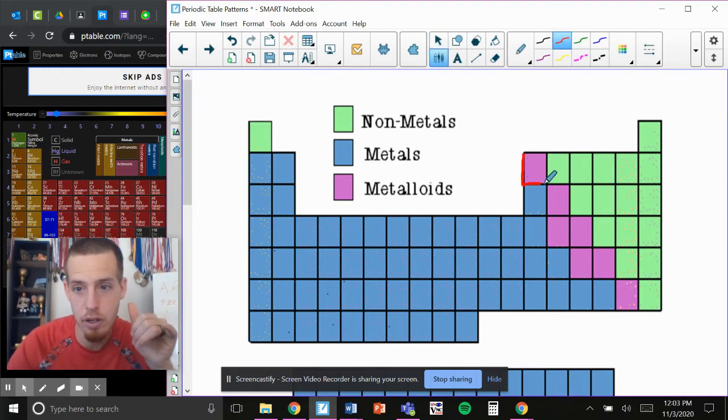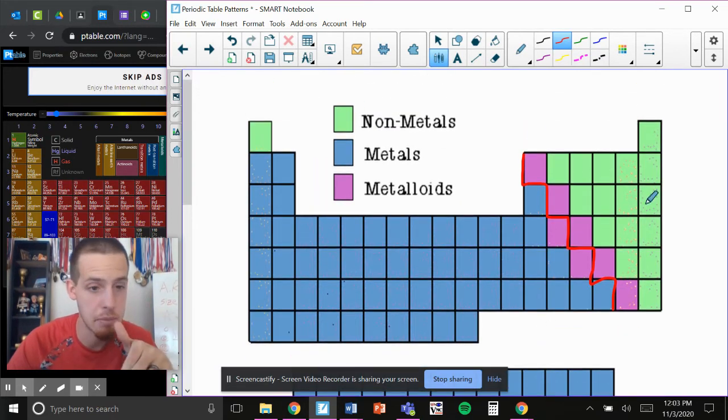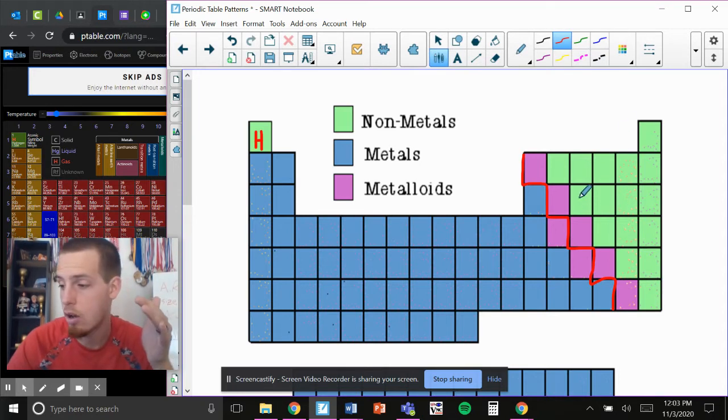So what is called the staircase separates the metals, which are in blue, and look at how many of them there are, from the non-metals. And again, a lot of the non-metals are gas. Hydrogen, all the way over here. We talked about the noble gases and some of them here. But again, not all of them are,